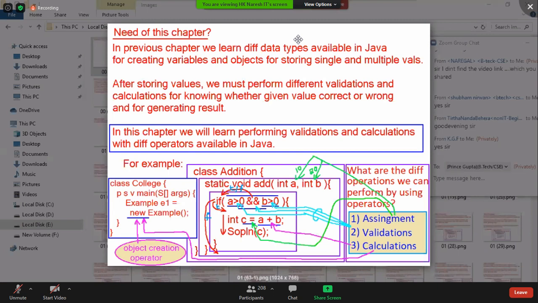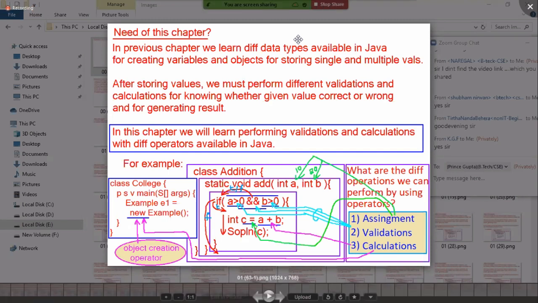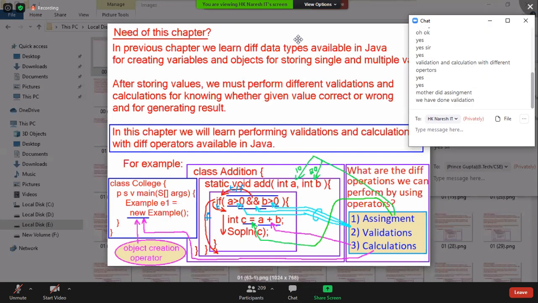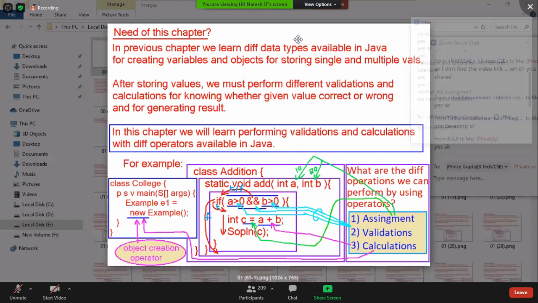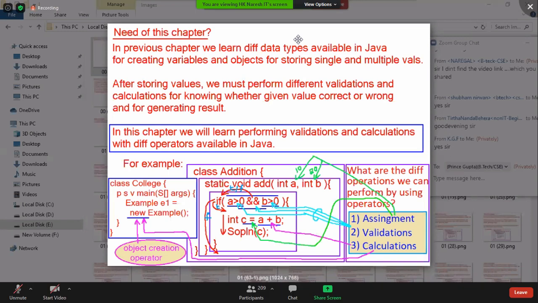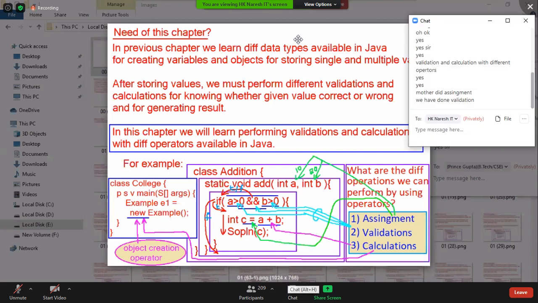While taking, again you are verifying: 250 grams, 500 grams, or how much is there, you are going to check. Okay, 1000 grams, you are checking. If you found 250 grams, you are placing it. If not found, then you are throwing an exception. You are going to the else block and throwing an exception, searching for a helper. Then the helper comes and helps you. So tell me, wherever you go, what operations will be there? Assignment, validations, calculations in your real life.